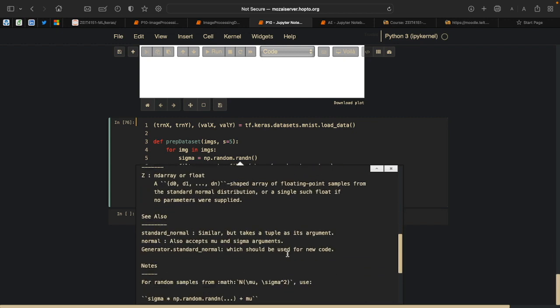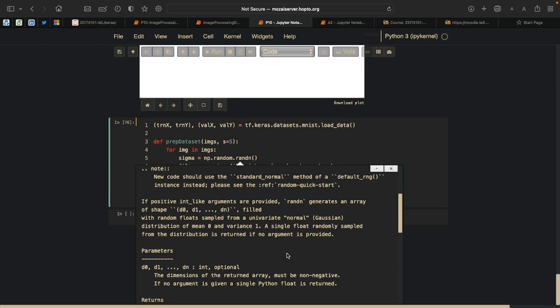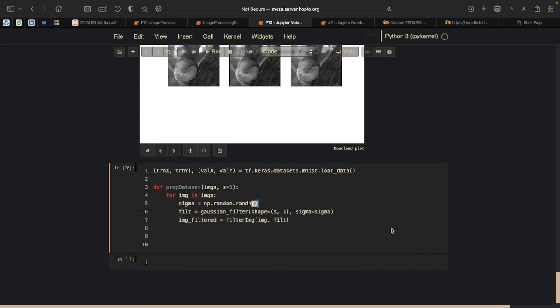It's highly unlikely to get zero, but then we might need to square them or get the absolute. Another problem, also with the normal distribution, is that most of the sigmas will be around zero, so the dataset will be biased. The other way would be to use rand, which is a uniformly distributed one,